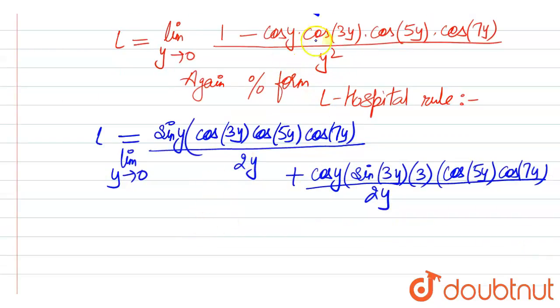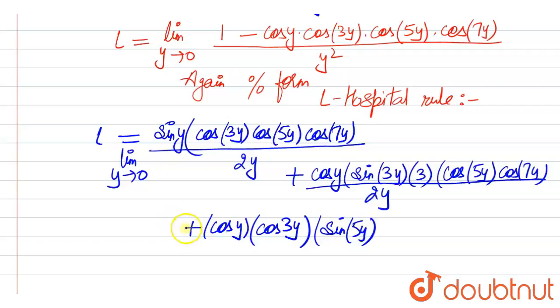We will differentiate the rest of the terms. We will get plus cos y, cos 3y remains as it is. This is cos y into cos 3y into, differentiating the third term now. So the differentiation of cos 5y is sin 5y. Okay, the minus sign we have already changed, so this becomes plus here, and the differentiation of 5y is 5, and the last term is cos of 7y